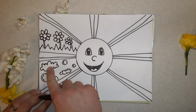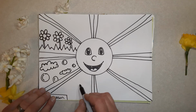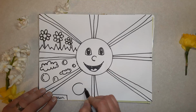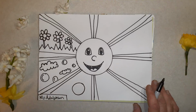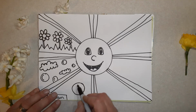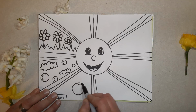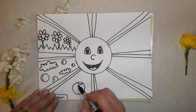Come on, let's move on down to the next spot right here. We're going to draw a bigger circle, not for a bubble, but for a beach ball. So draw that big circle here. 5, 4, 3, 2, 1. Good. Now to make it look like a beach ball, we have to put kind of a curvy smile at the very top that touches the top of the ball. See it? That's the top of the ball,